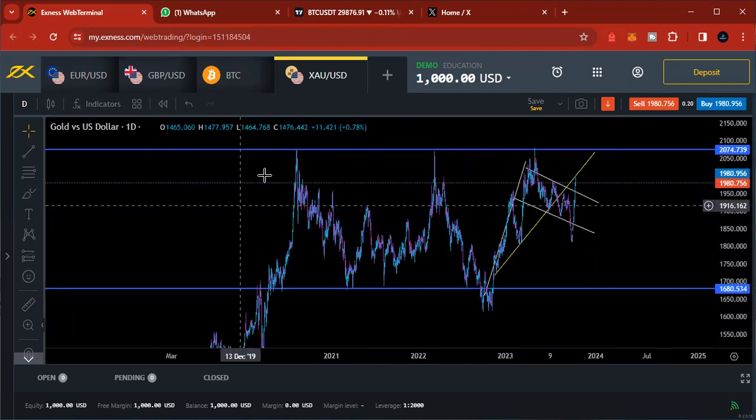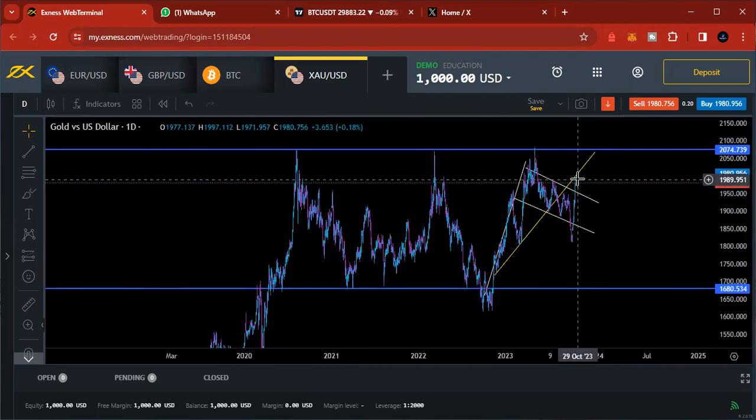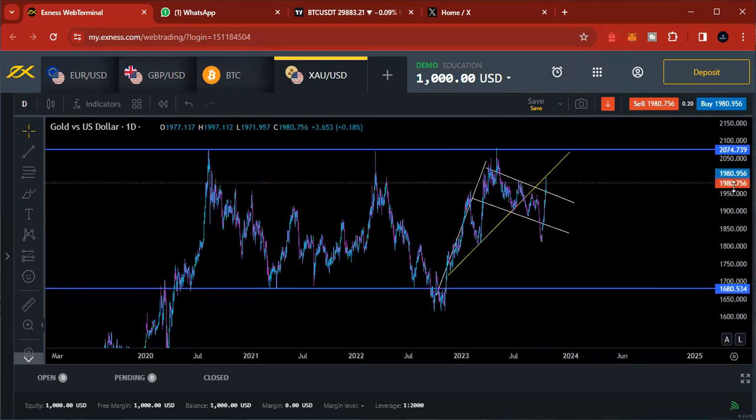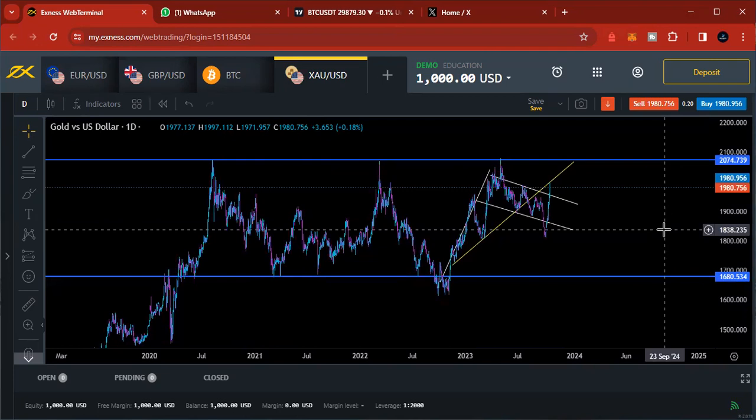And remember what we are looking at. We see how price reacts on this trend line, which will guide us on the next action to be taken. So that's for gold. The next step is